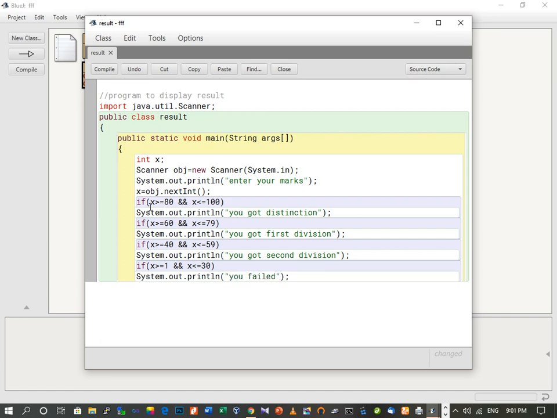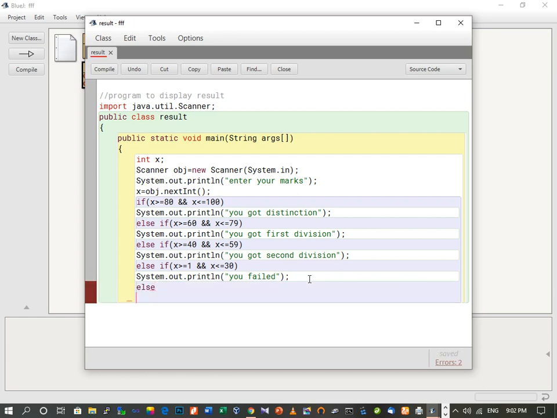Now here, whenever we are providing many conditions and we are implementing that using if else statement, then after this first if, we have to provide here else if in other statements. Means if this is not true, then the compiler will check whether this statement is true or not. Similarly, if both are not true, then compiler will check this one. So we write down else if. And then it's a good practice to provide an option in which if the user enters any wrong marks, so that can also be printed.